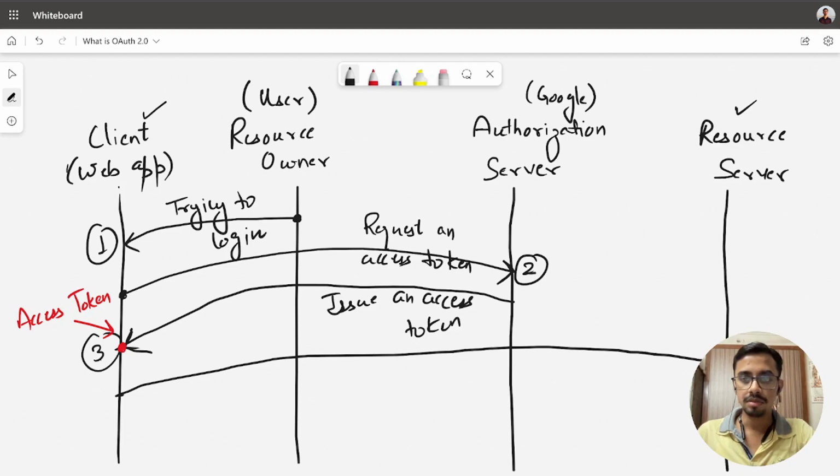So this is the fourth step where the client will be requesting user data.